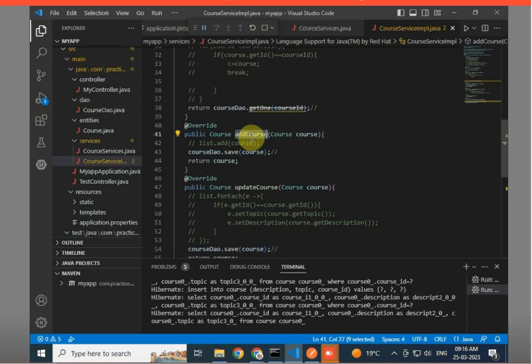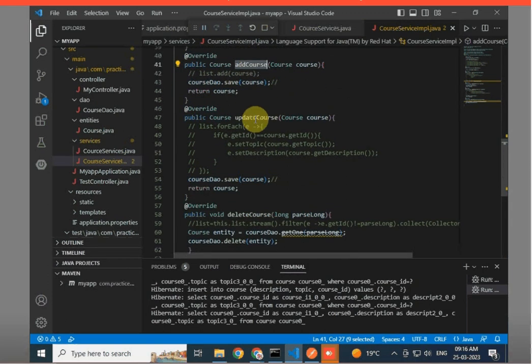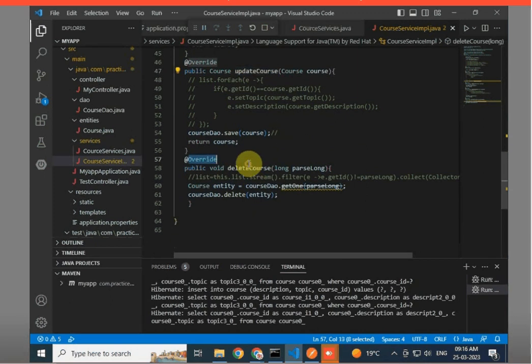The addCourse method adds a new course to the database using the save method of the CourseDao object. The updateCourse method updates an existing course in the database using the save method of the CourseDao object. The last method is deleteCourse. The deleteCourse method deletes a course from the database by its course ID using the delete method of the CourseDao object.